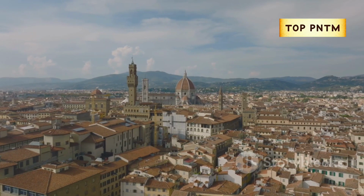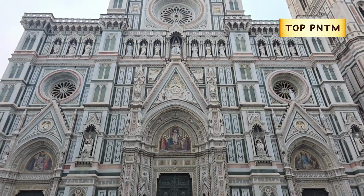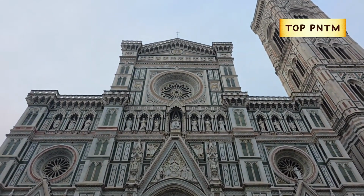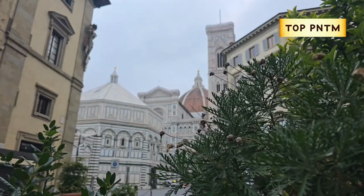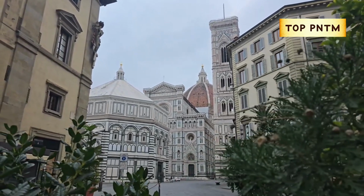Alright, first up, we gotta talk about the Duomo. This iconic structure is not just a building, it's a symbol of Florence itself, a testament to the city's rich history and artistic heritage. This massive dome just dominates the Florence skyline, it's impossible to miss. Whether you're approaching the city by train, or simply wandering through the narrow streets, the Duomo stands tall, guiding you